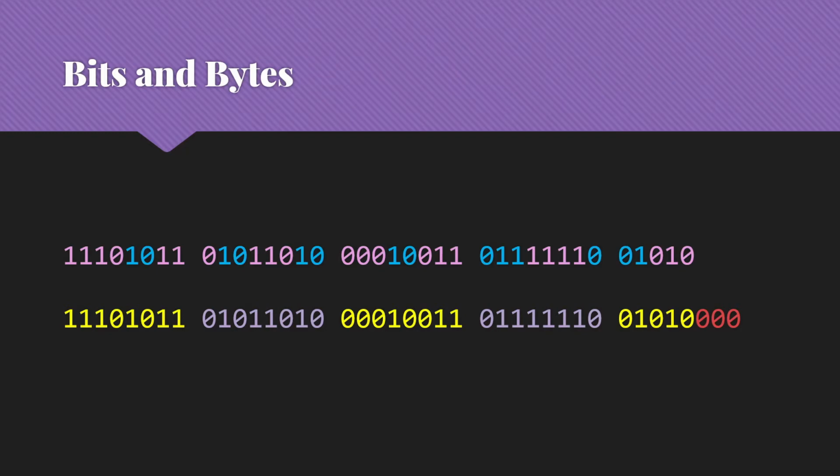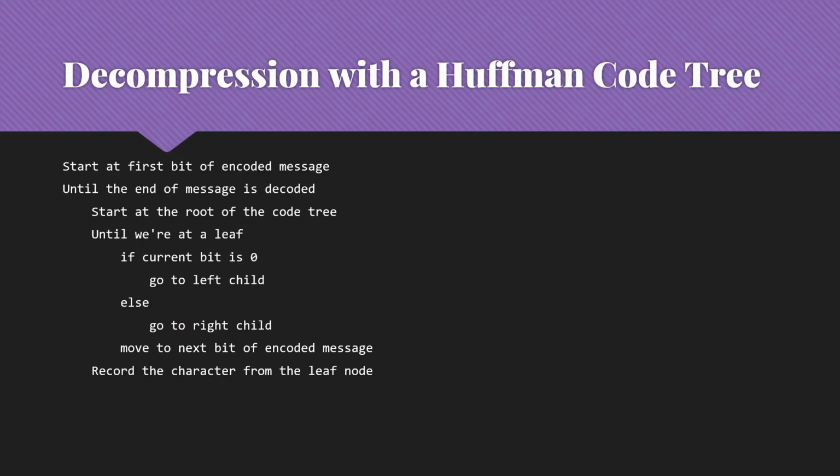So at this point, we have our message, we can write it out to a file. We then need to deal with what do we do when we get to the other side. So we are going to need to decompress our Huffman code tree. We're first going to need to put information about the structure of the tree so that we can recreate it on the other end. We always consider that. And when we decide how much we've compressed our message, we always include the amount it took us to express the tree on the other end.